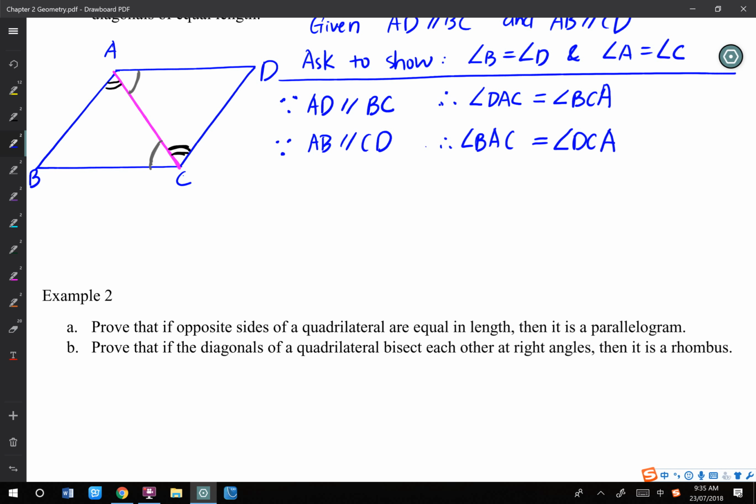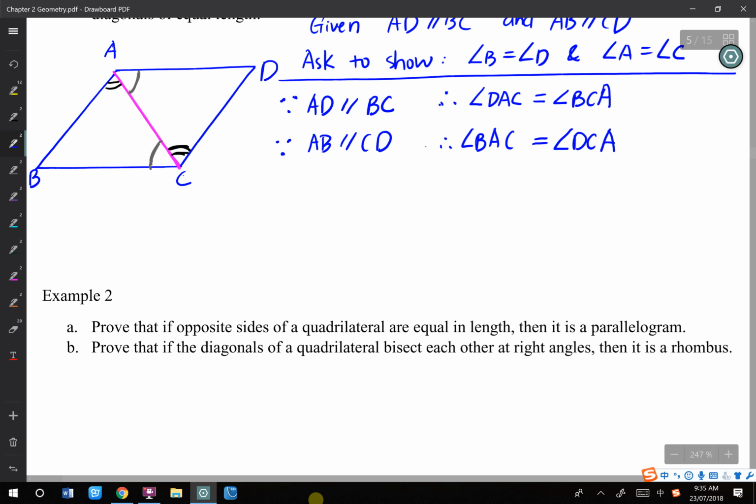Okay, everyone knows that the opposite angles in the parallelogram are the same. But why are they the same? How can you show that they are the same? Because the only definition you get from a parallelogram is two pairs of parallel lines. Then how do you show the angle? You need to use congruent triangles to show it. Okay, so that's two angles already, right? One angle equal, two angles equal, and also